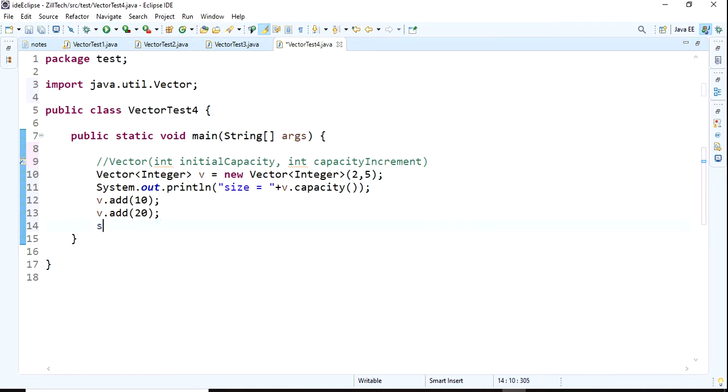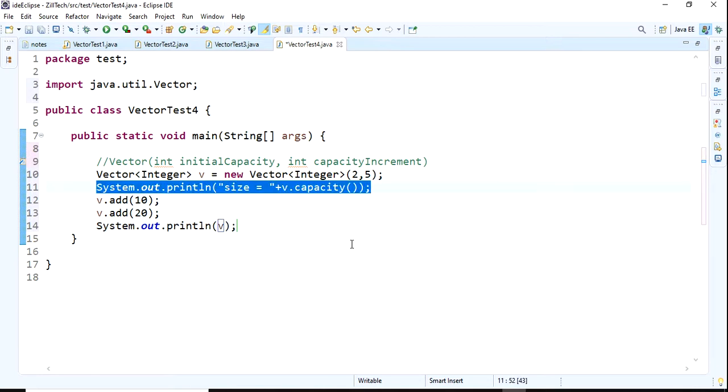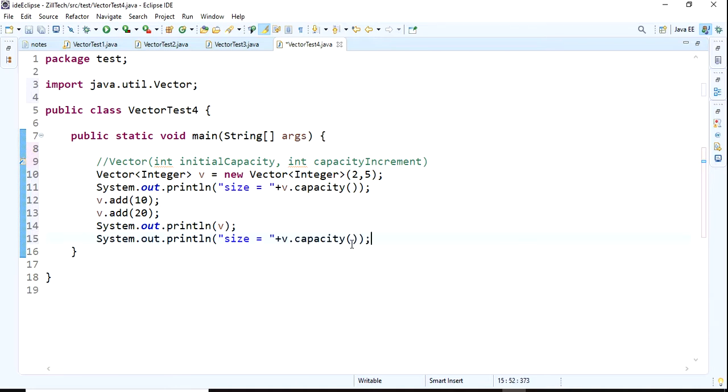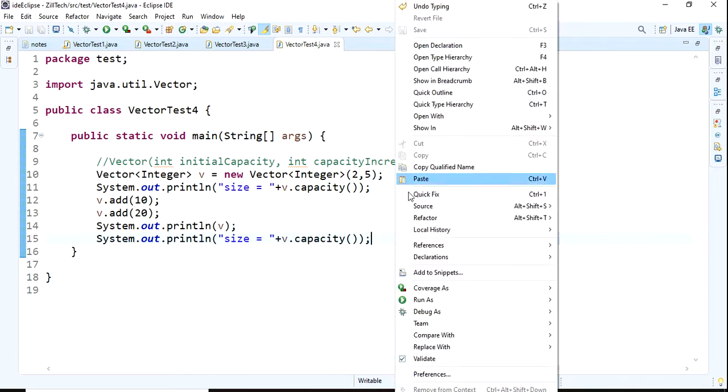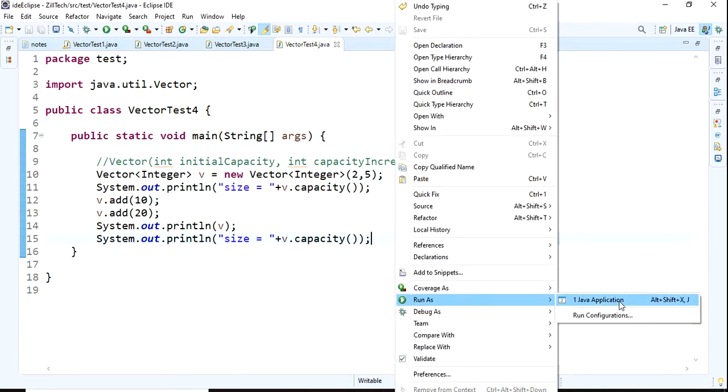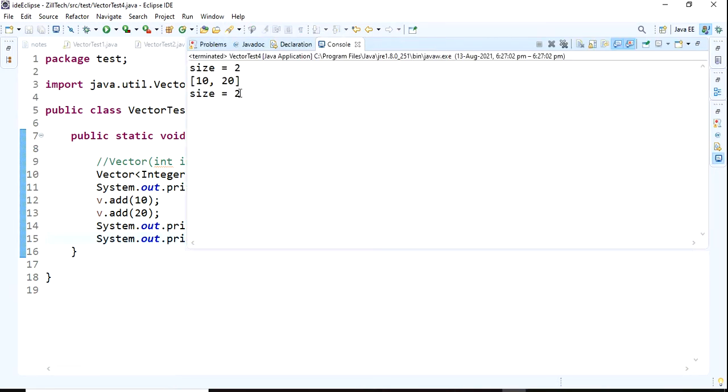Next I want to print the vector, and next I want to print the size, capacity. Save the file and run as Java application. Yeah, up to now it is 2.